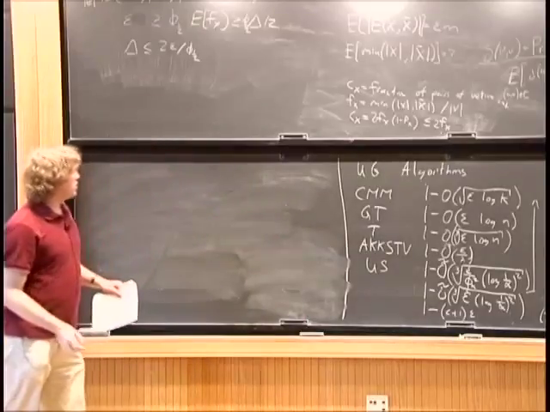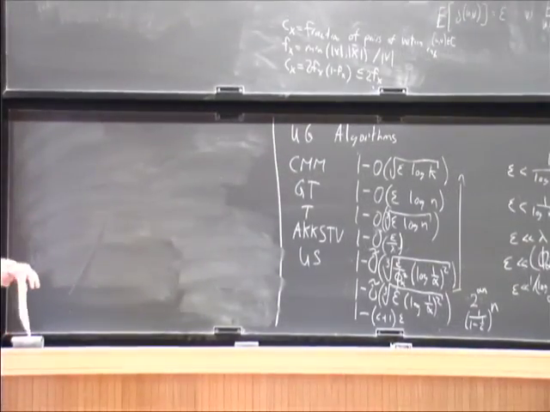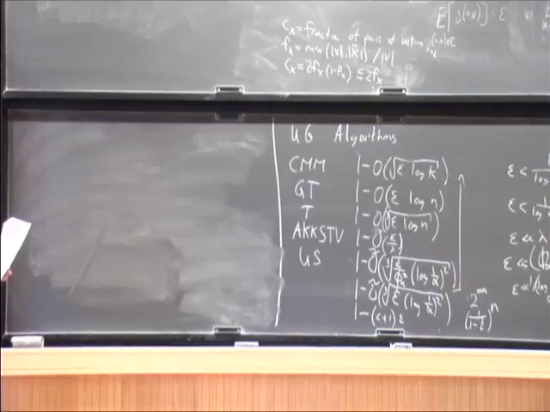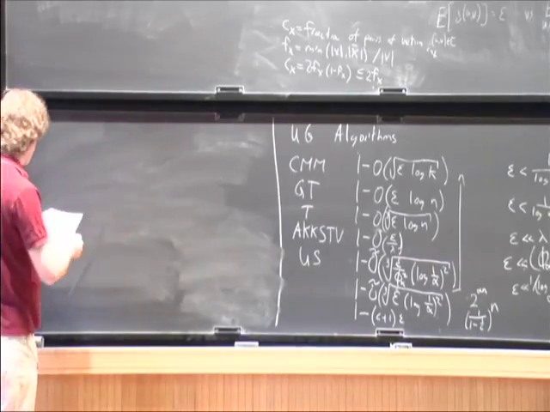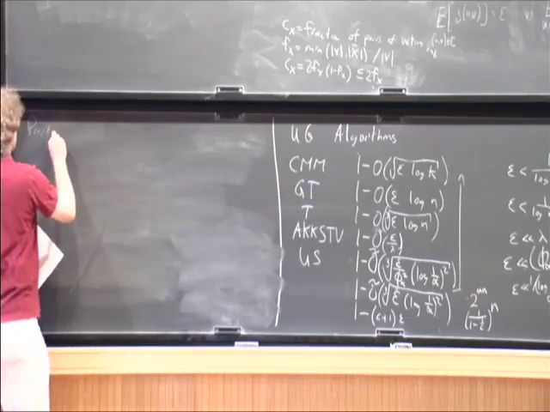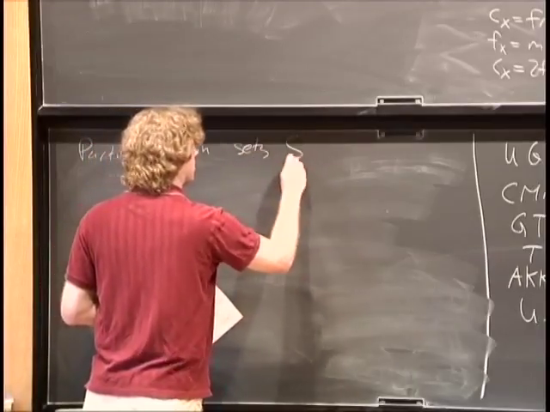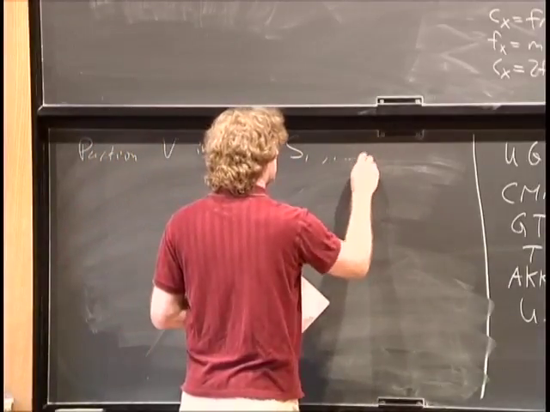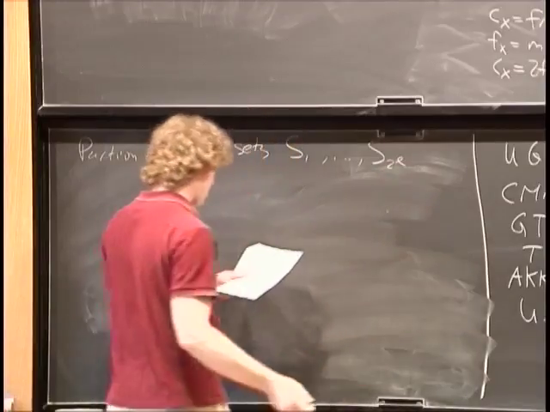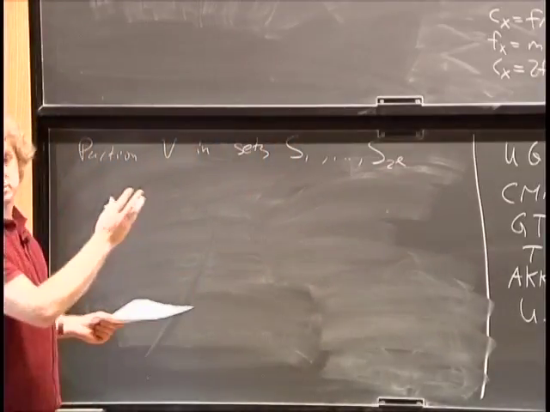So now our algorithm will run our partitioning. And for now, I'll just state what we get, and then I'll finish the algorithm. And then later on, I'll go through the details of the partitioning. So we partition V into sets S1 through S_{2^L}, where L is some constant, such that